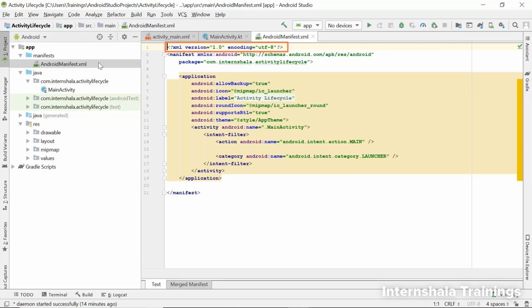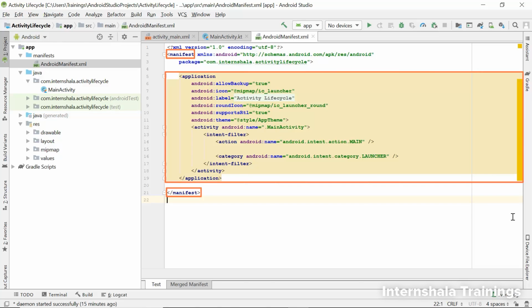Now this line will always be present at the start of an XML file in Android Studio. If you see, this file starts with a manifest tag and ends with a manifest closing tag. Since it is the first tag and all tags are defined inside it, it is known as the parent tag, and all other tags that are written inside it are known as child tags.